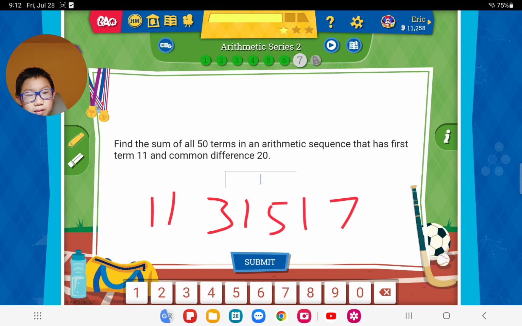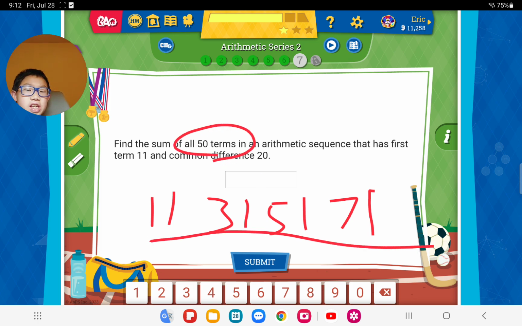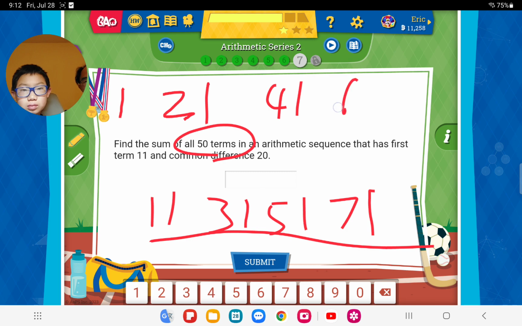Okay. So do you know how to get the sequence? This sequence, how many numbers? 50 terms. Yeah. All of this, minus 10. So then it becomes 1, 21, 41, 61. Is it correct? Yes. Then